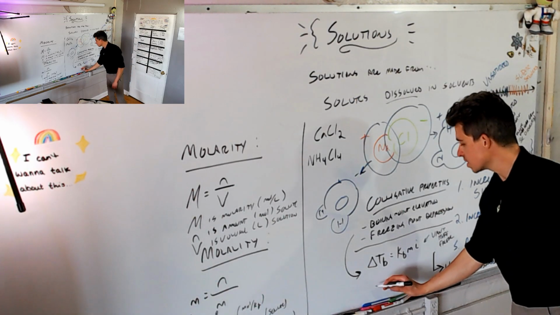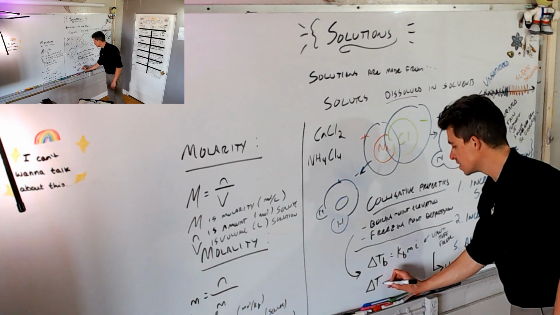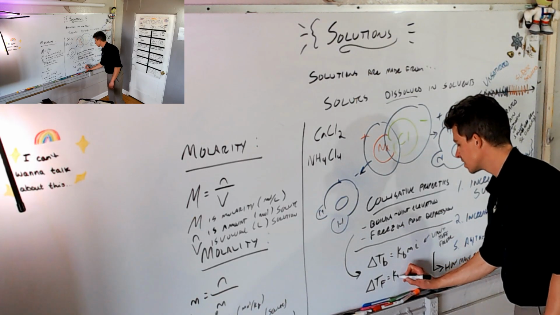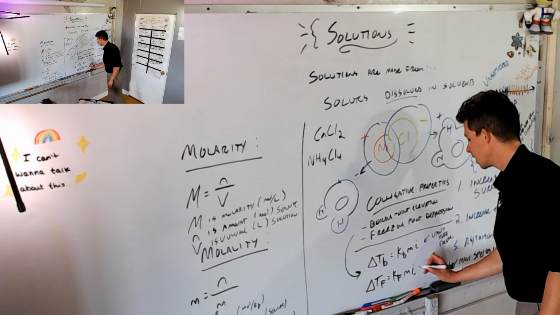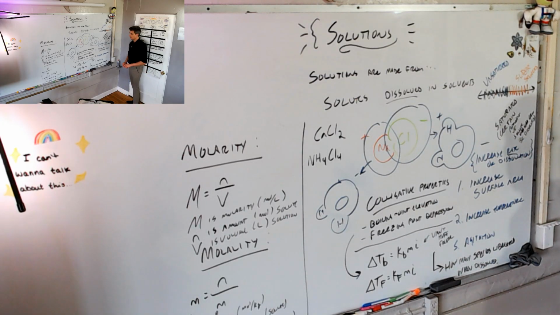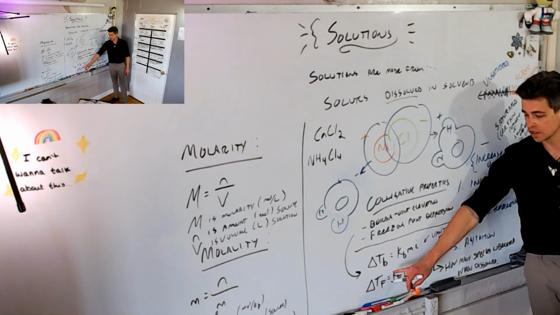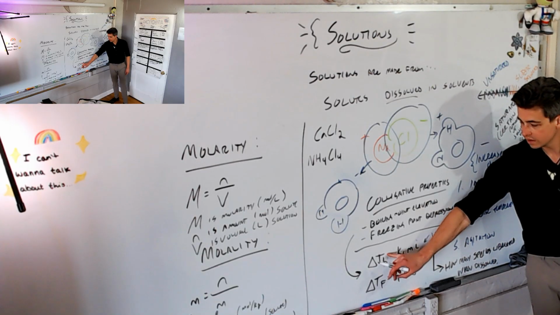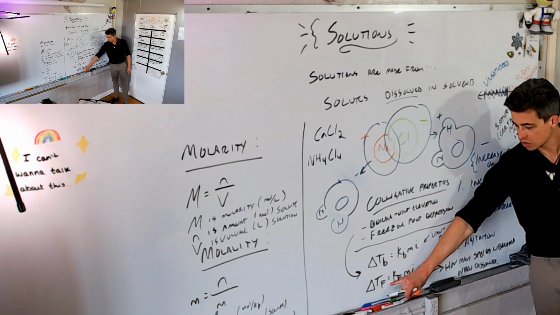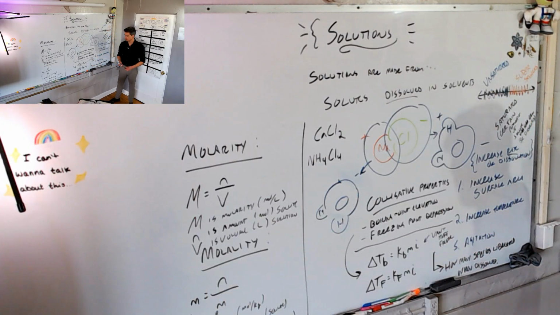The one for freezing point depression is delta T_f equals K_f times the molality times the Van 't Hoff factor. And then in both of these cases, since it's change in whatever it is, we would add in the boiling point or subtract in the freezing point from the original ones. So the values you need to solve these are original